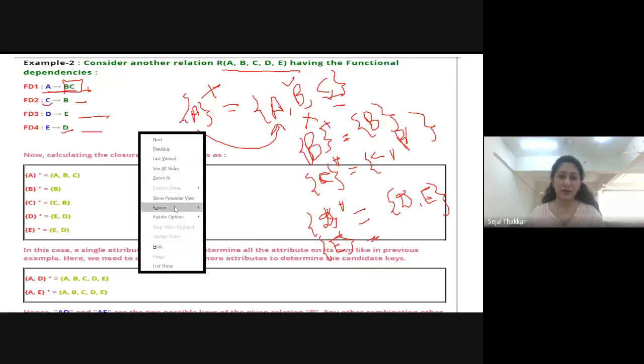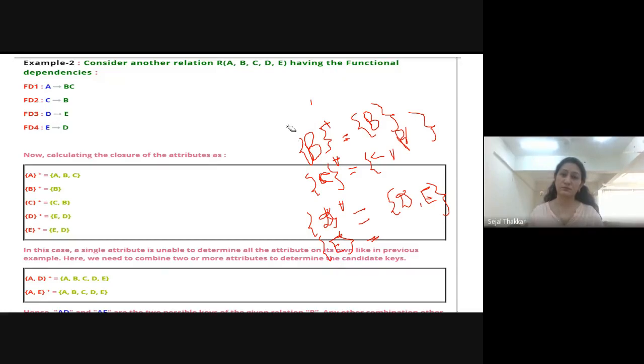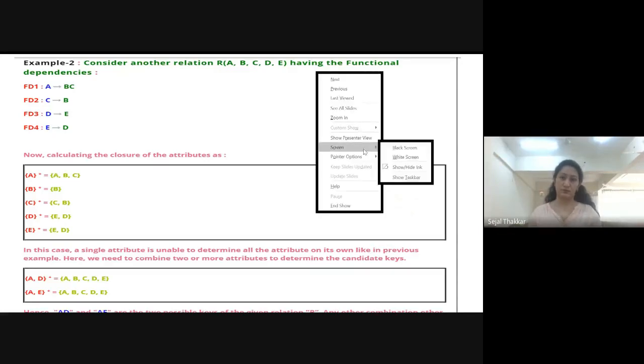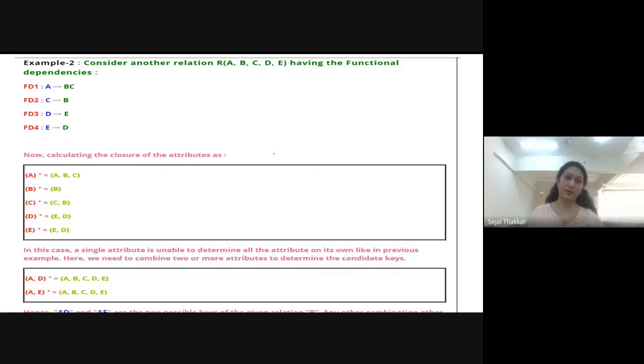Now we have to find out the candidate key. For finding the candidate key, there are two ways.